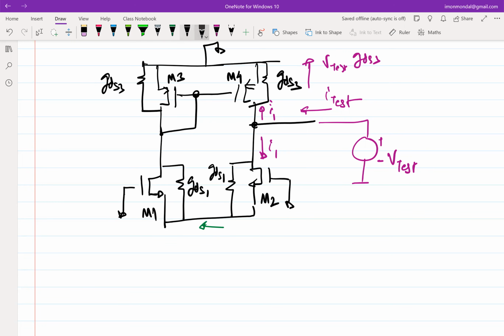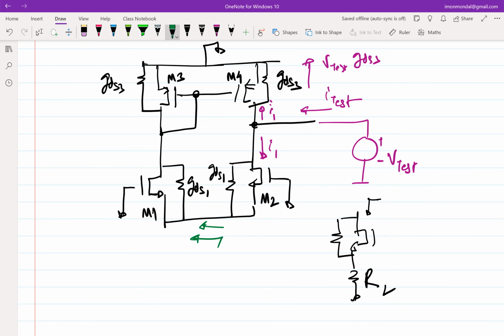Why? Because ultimately I know how to figure out the impedance of this structure. If this is, let's say, some RL, I know what the looking in impedance is here. So I am trying to break it down into the things that I know. Which means I need to figure out the looking in impedance in this direction. Is it possible for me to intuitively say what the looking in impedance is in the direction I have shown here? Approximately